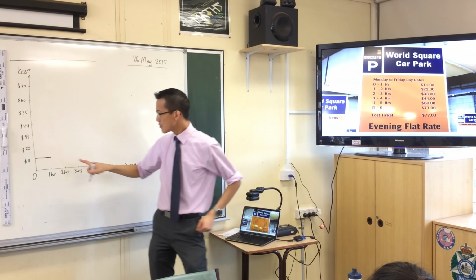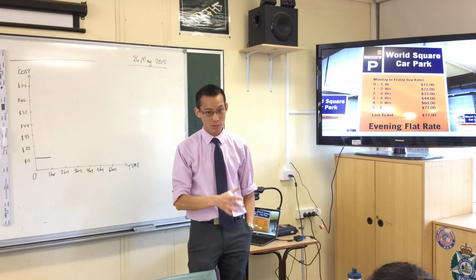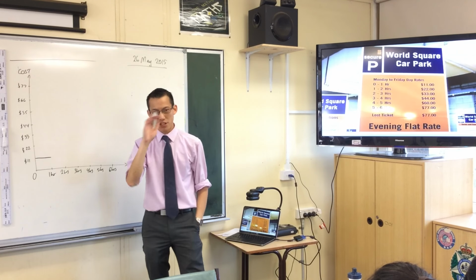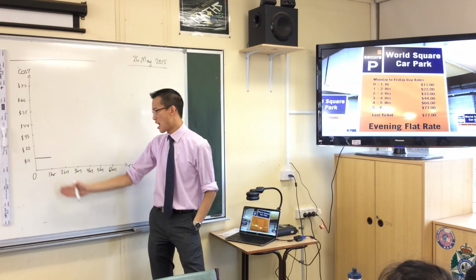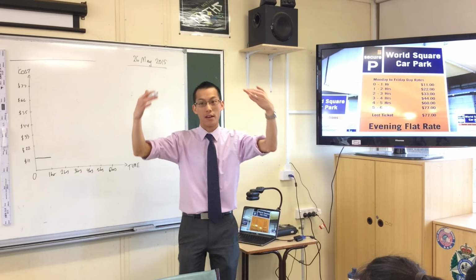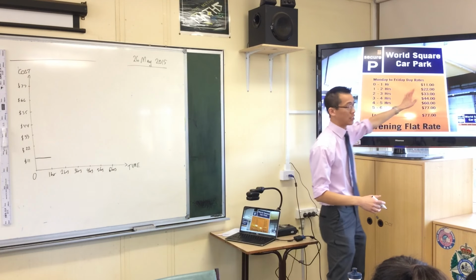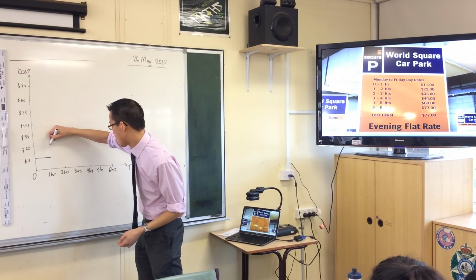Now, I'll come back to what exactly happens at an hour. We'll return. But let's just think about what happens now. I've safely gone out over an hour, right? So now I'm at an hour and 5 minutes, an hour and 15, whatever. I've bumped up, haven't I? So I'm at $22, yeah? And you can see what's going to happen. You can follow the pattern. So I'm going to have this.